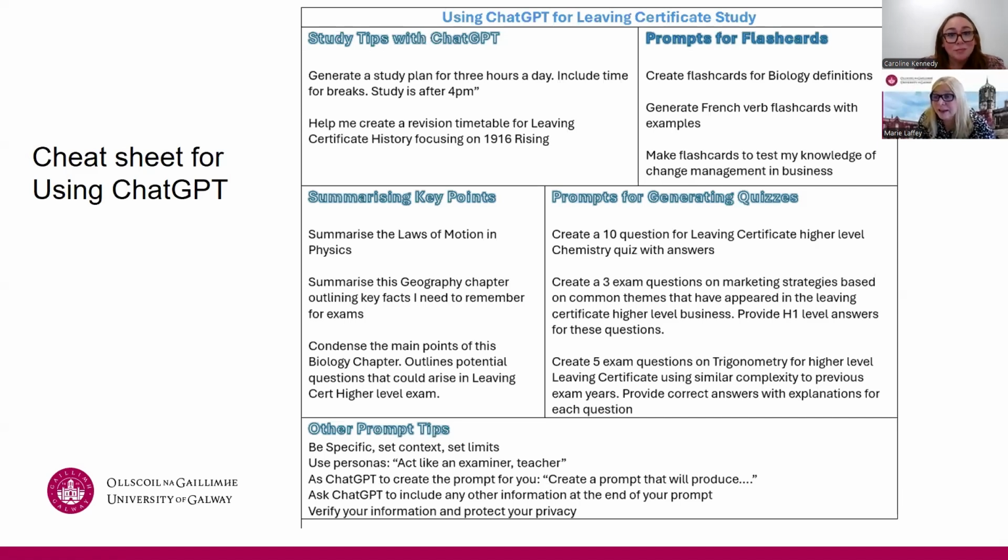So you didn't see me say, write my essay or solve my maths problem, but more, what are the strategies to solving the problem? What are the strategies to achieving that good mark? I know a lot of students are using it now, but hopefully this gives you a better insight on how to use it more effectively for your own study over the next few years. And that's it, Caroline.